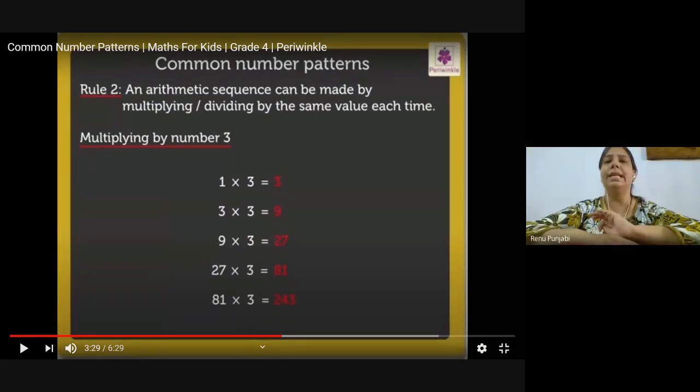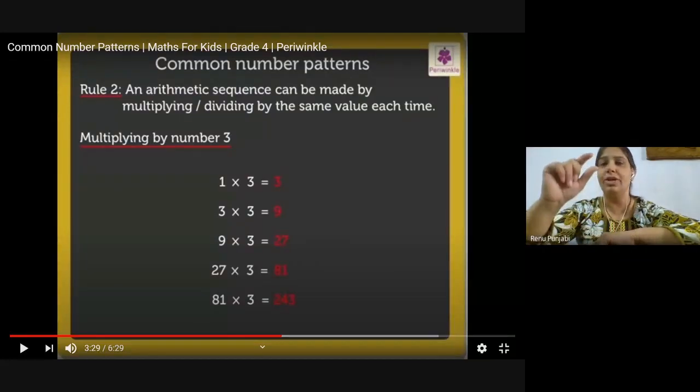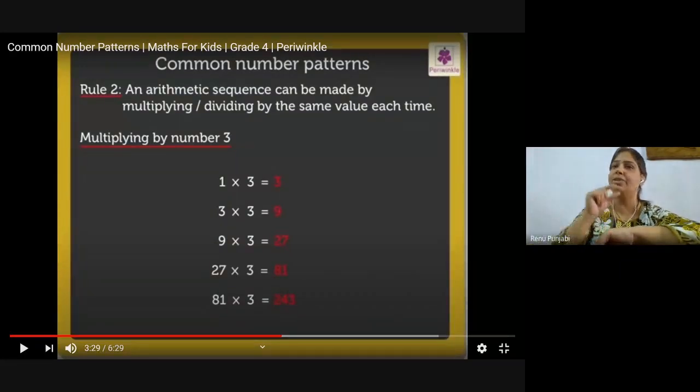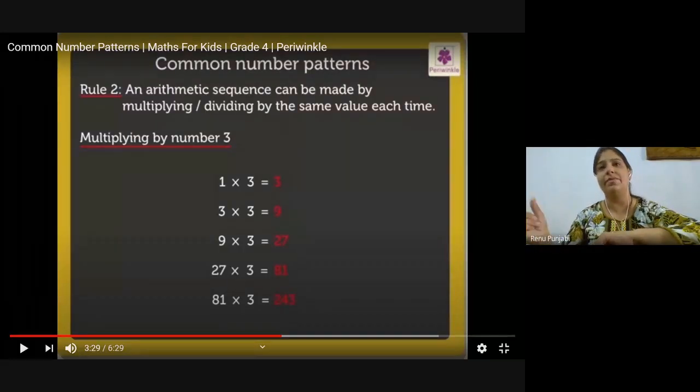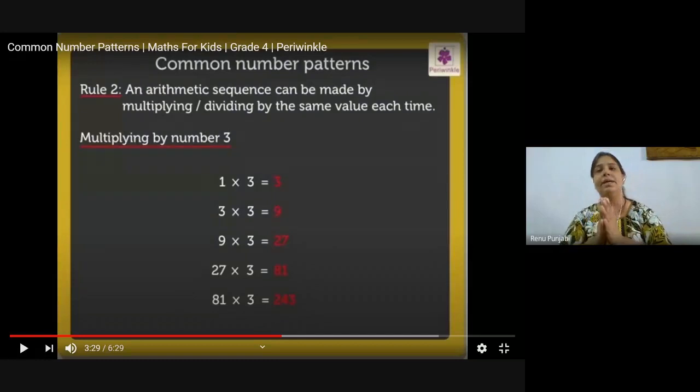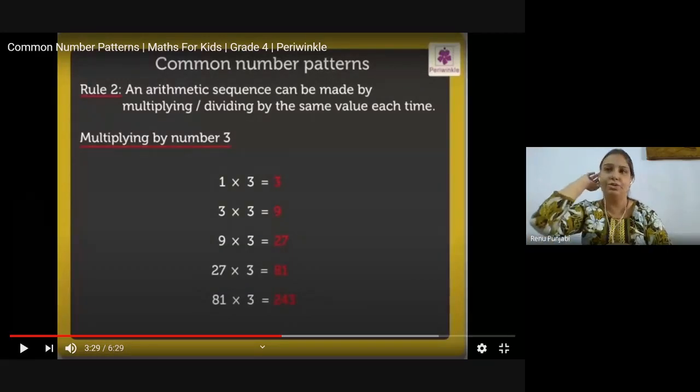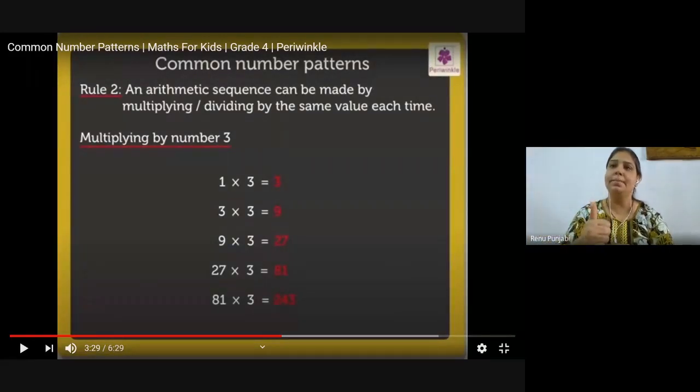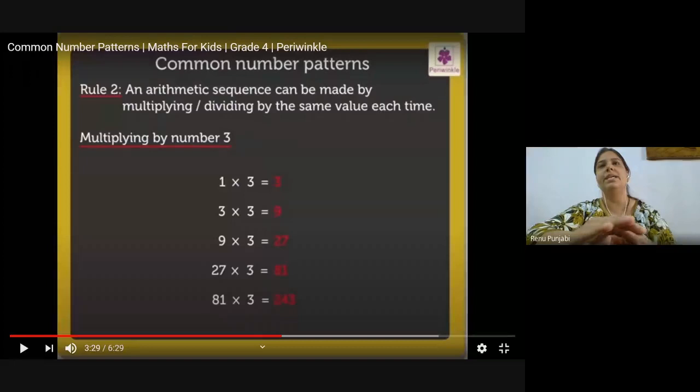So my next question is, have you understood the multiplication method? See, 1 into 3 is 3. So the product is 3. Then again the 3 will be multiplied with the 3. So it will be 9. Then 9 multiplied by 3, 27. Means with each multiplication of 3 with the numbers, we are getting the next new product. And again multiplying it with the 3. Have you understood, children? Yes, ma'am.